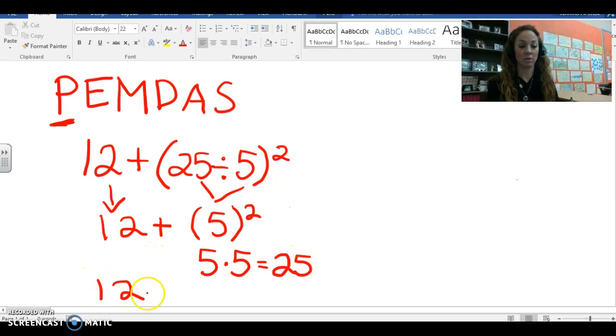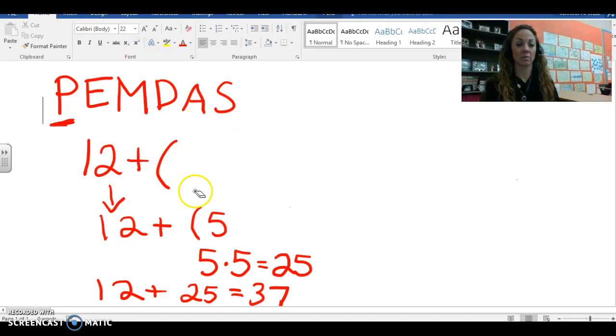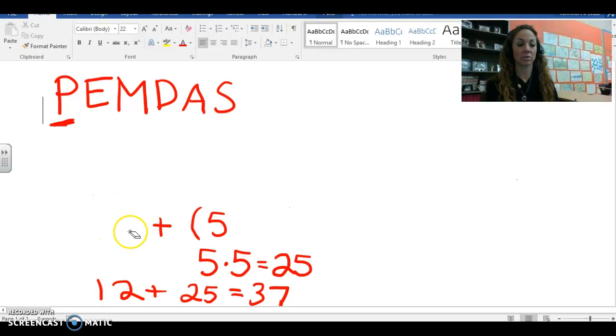So 12 plus 25. All right, so we've done our exponents. And now we don't have anything to multiply. We don't have anything to divide. We do, however, have some adding to do. So 12 plus 25 equals 37. Boom. Simple as that. So I'm going to give you guys a couple of problems to do in your binders,